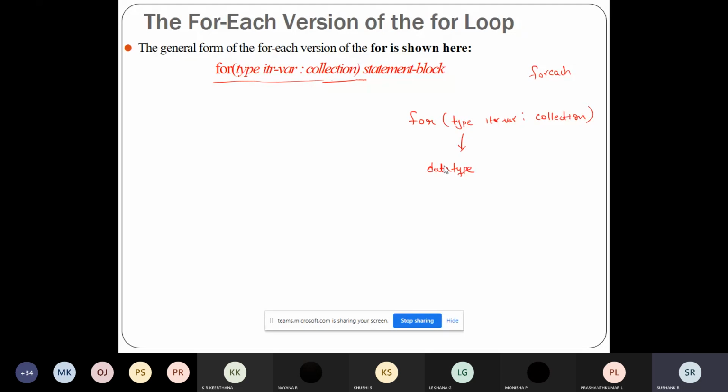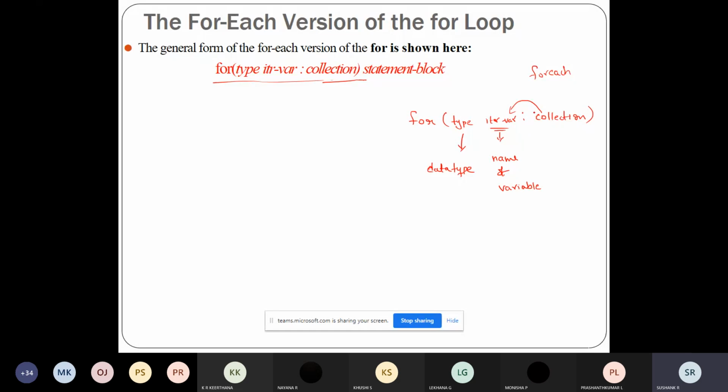You know that we have studied 8 data types, right? So here the type means the data type, and itr var means the name of the variable which will receive the value from the collection one at a time from the beginning to the end.